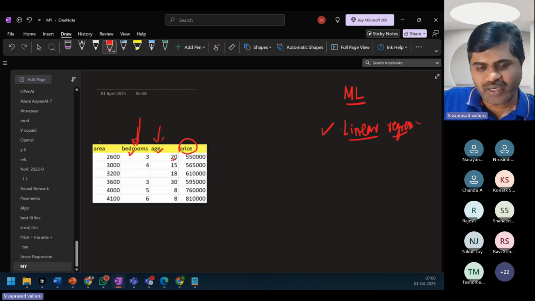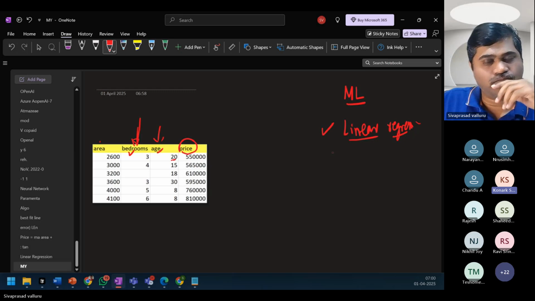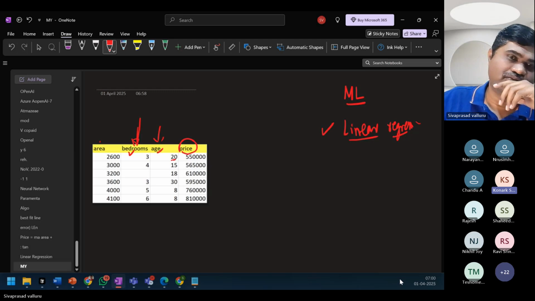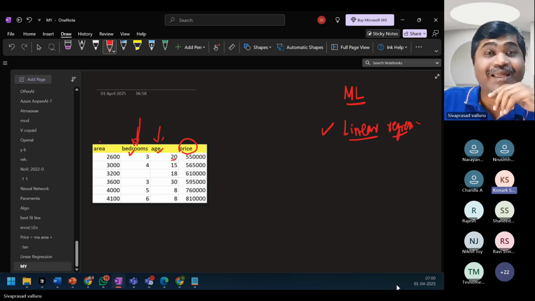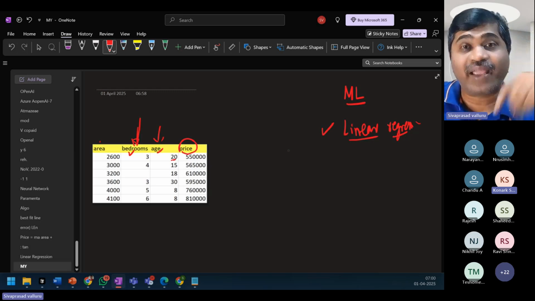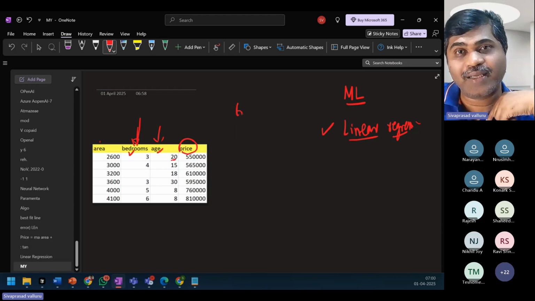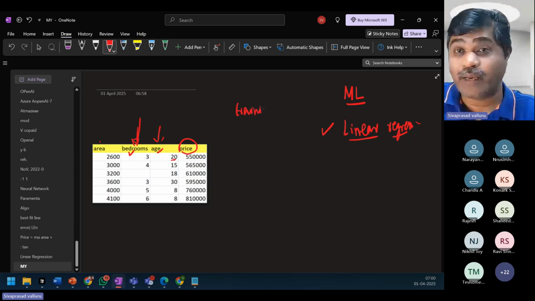Maybe linear regression is not good for some other data set, and you have to use another algorithm. Are there tools available which can look at my data, find out whether it is linear or hyperbolic, and automatically apply the ML algorithm? First of all, training has to be done manually.